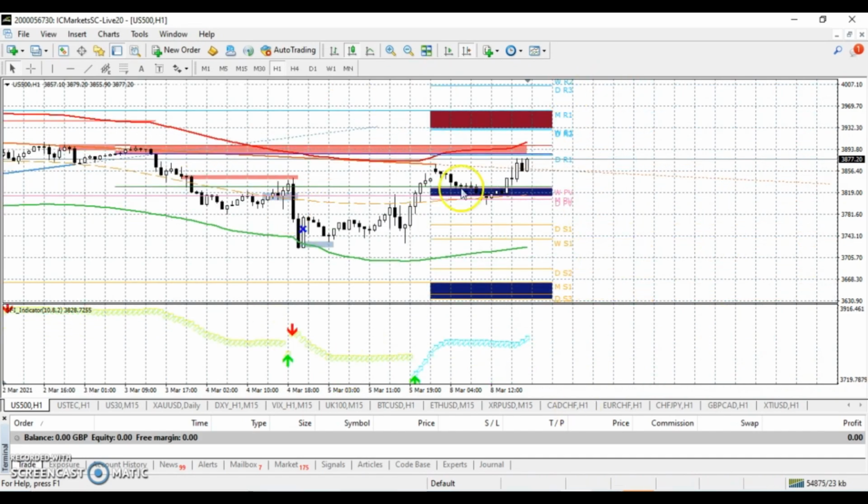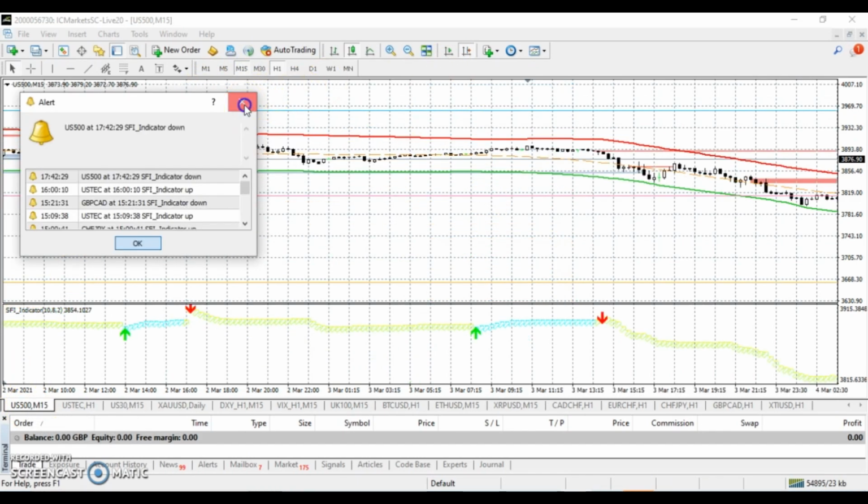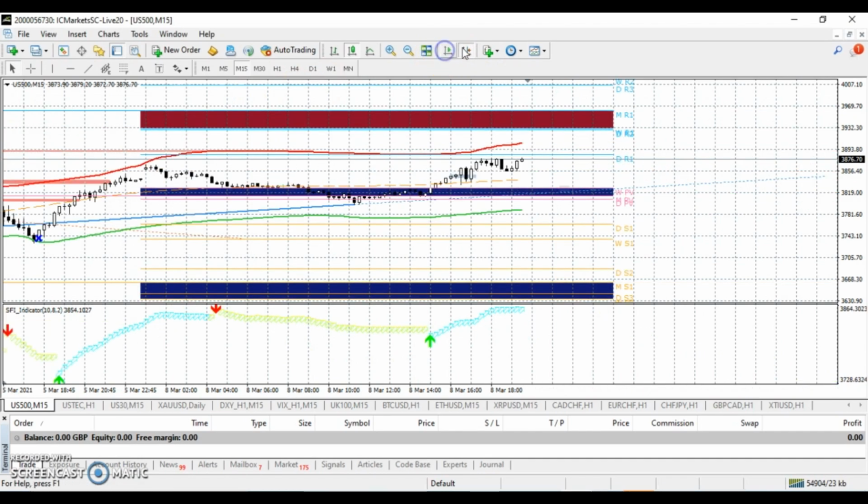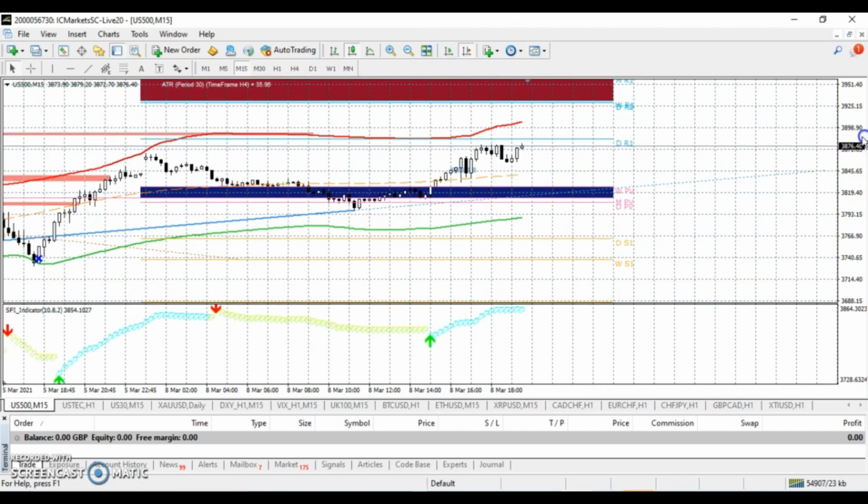So basically, by combining all of these indicators together, I think you can trade quite effectively, and you can quite accurately predict what might happen to something. So for example, the US 500, if you look at it on a 15-minute time frame, I just want to explain to you, right? If you look at it on a 15-minute time frame, you can see this indicator here is quite exhausted and